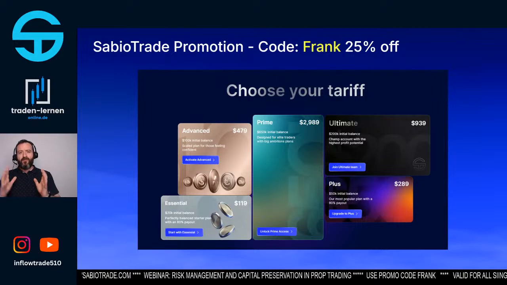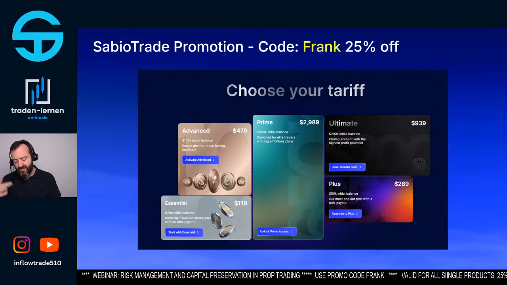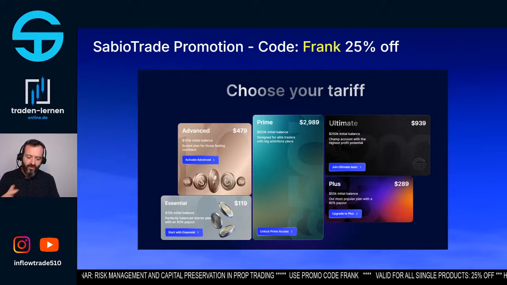Having said that, we're now closing the risk calculation, the position size calculation, and the risk management, and here is